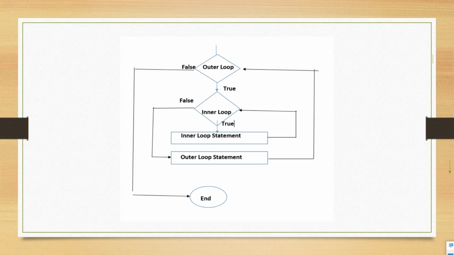If the outer loop condition is true, it goes down to the inner loop and then it keeps printing the inner loop statement until the condition for the inner loop is false, and then it goes back again to the outer loop, and then it keeps taking that circle until the outer loop conditions are false, and then